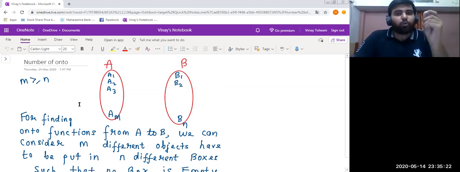So friends, to find the total number of onto functions, we need to find the total number of ways in which m distinct objects can be put in n different boxes such that no box remains empty.